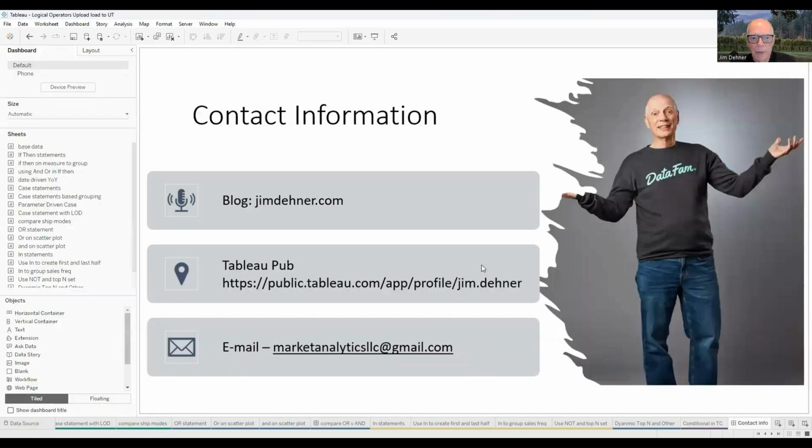Okay. I want to thank you very much. I hope you have a better understanding of the options that are available using if statements, case statements, and in statements, and using their negative, not in statements also. It's a fundamental part. It's something you really have to understand how to use when you start using calculations, because we use them all the time. And the only way you're going to get better with Tableau is by using it, by practicing it. So I encourage you to make up your own examples, and use some of the examples that you've seen here,